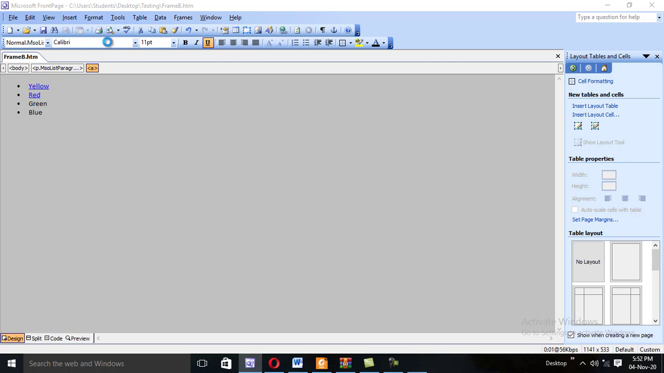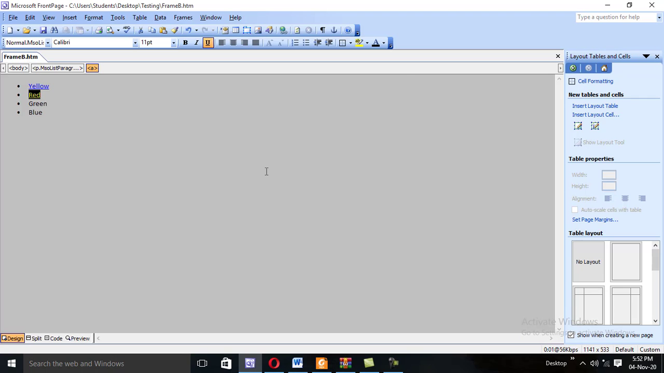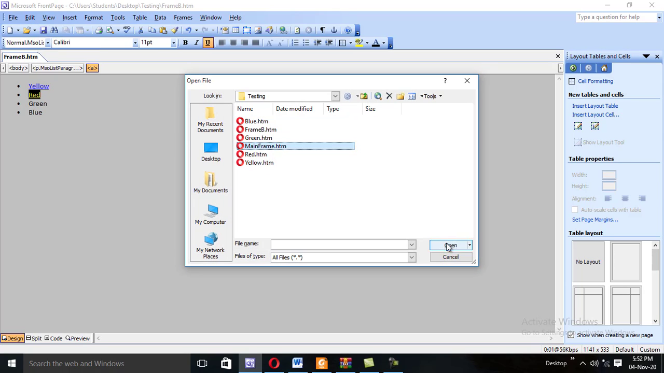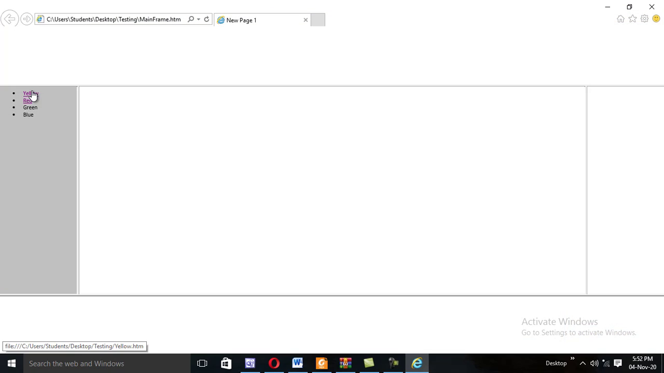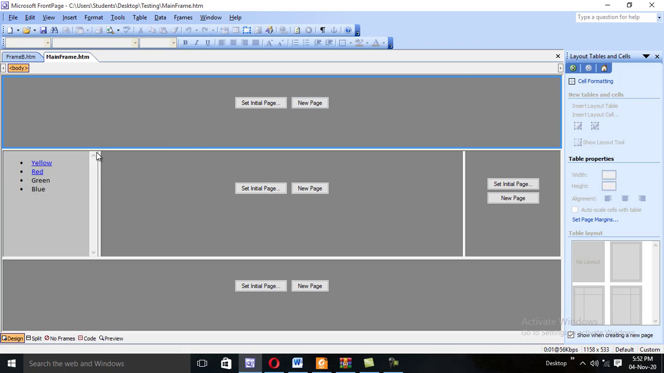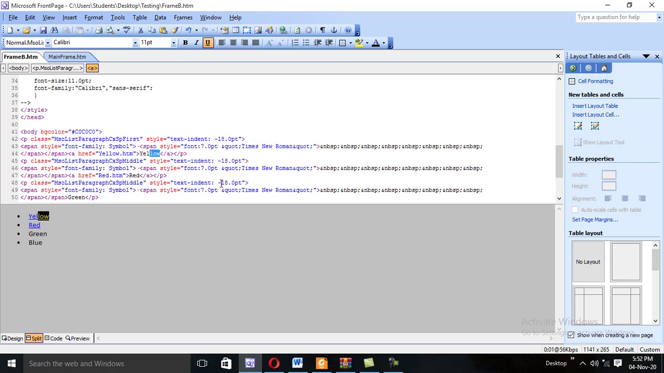When you preview this and click on this, it is going to open yellow like this. We don't want that one. We want it, when we are on the main frame, this frame, save, preview. When we are here and we click yellow, it must open yellow in this location. What we are going to do is set targets. We set the target on frame P. We are going to go to yellow, highlight it, or we go to split code, where there is yellow,